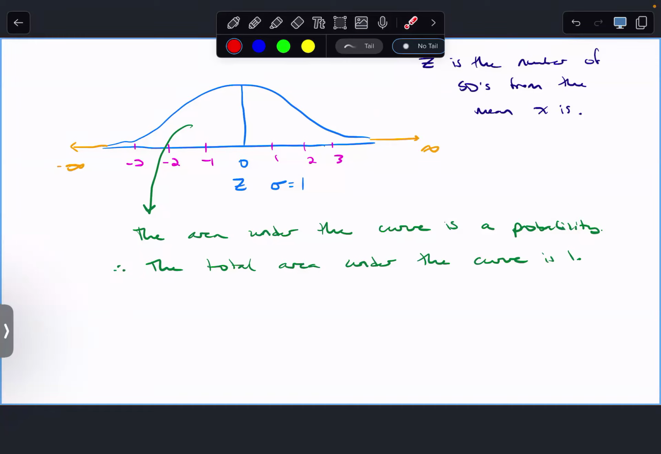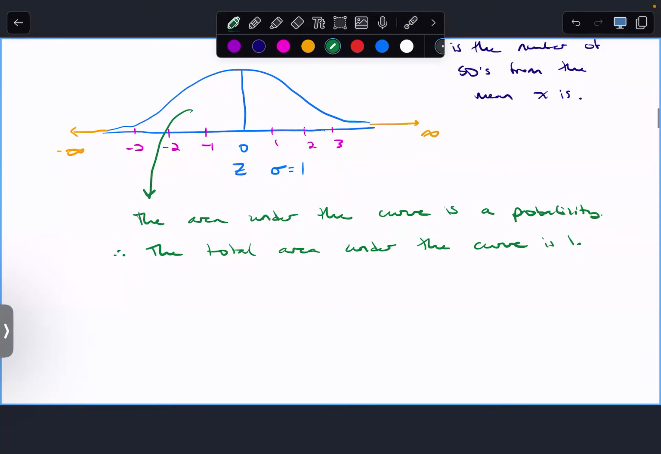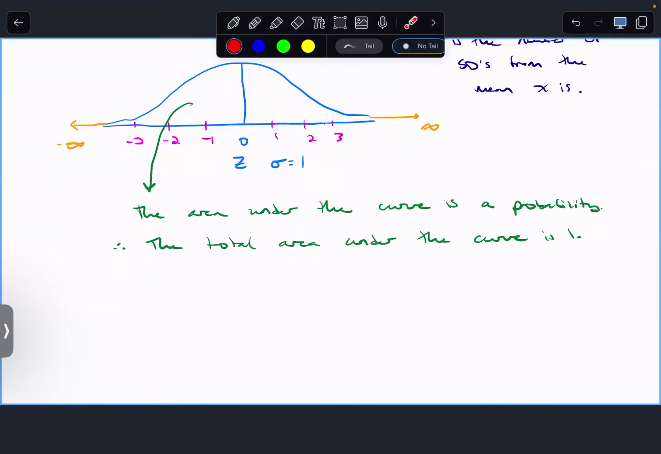In fact, we saw in Excel, it will only return the area to the left, and if you want the area to the right, you have to do a little bit of legwork, subtracting that from 1. But knowing the total area is always 1 is going to be very useful. In fact, for finding areas under the curve, we use